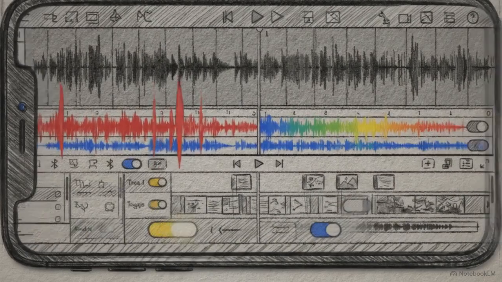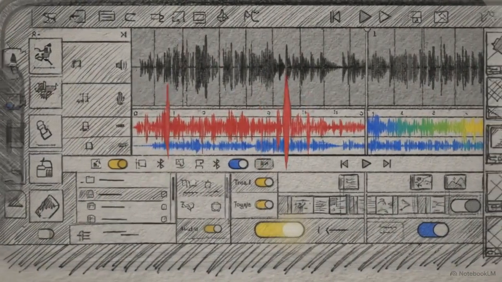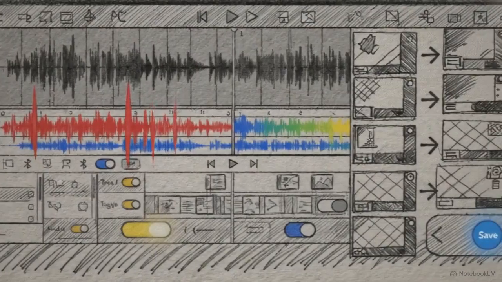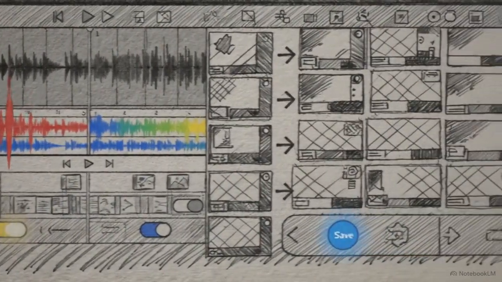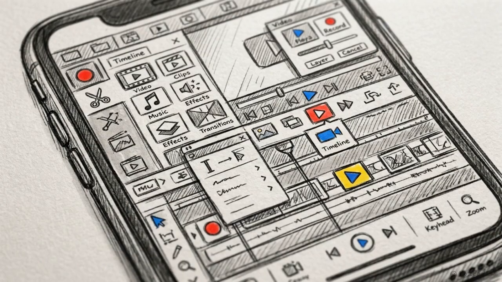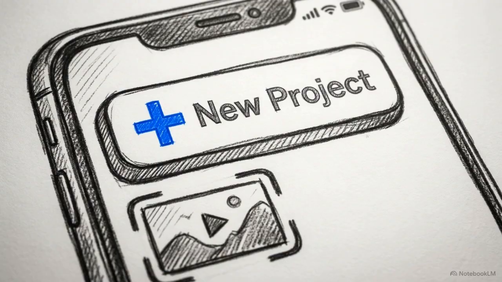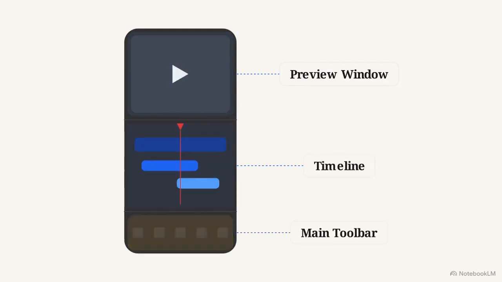Opening a professional mobile editor for the first time can feel like sitting in an aircraft cockpit. You are looking at a dense layout of icons and menus that don't yet have a clear purpose or priority. Our goal today is to give that layout structure. We're going to walk through starting a project, importing your first clip, and identifying the 3 core interface zones you'll